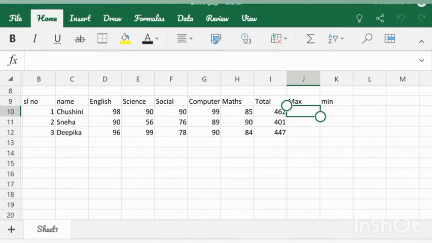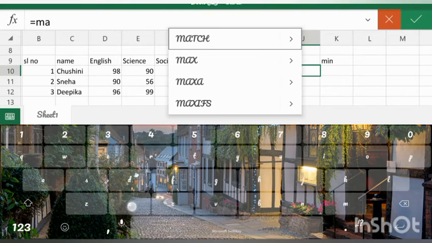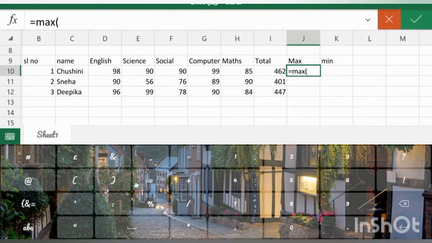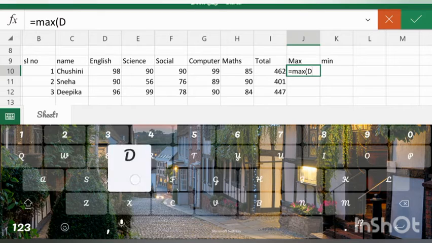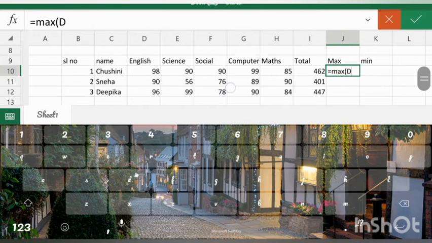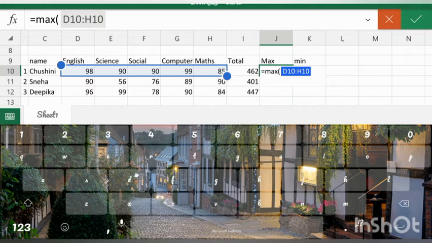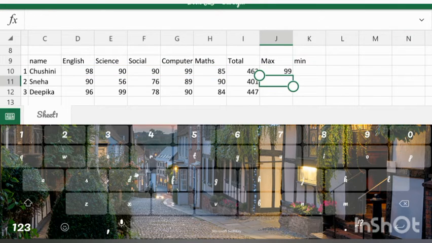So I'm going to do the maximum. For maximum, the same formula: equals to max, bracket D10. We don't want to show the total also because it's a waste of time. So I'll just give OK. So 99 is the maximum.